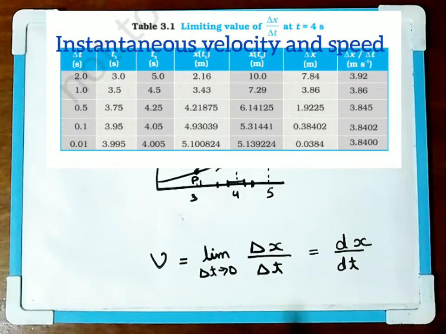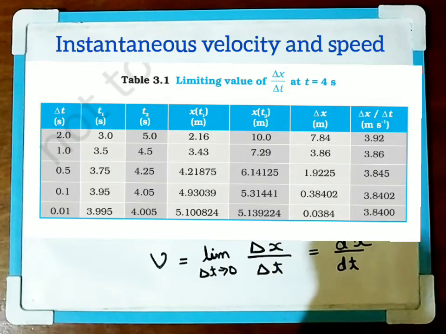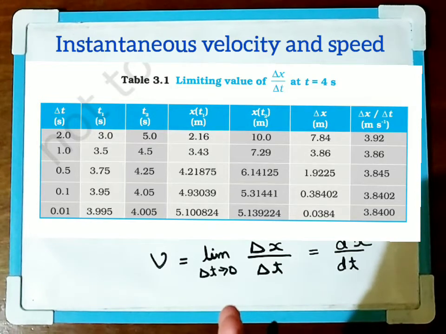You can see at 0.01 your time interval delta t is approximately equal to 0. Obviously you can go to 0.0001 by decreasing the time interval. So in this case I'll take this 0.01 in the table to be the time interval which tends to 0. So as this time interval tends to 0, we'll calculate this average velocity, and in the table,